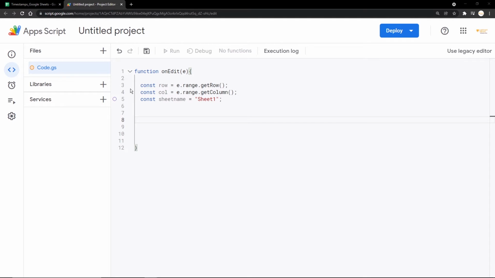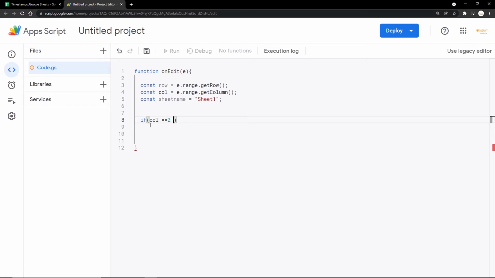So now I'm going to be opening an if statement. As we discussed previously, we want to add timestamps to our Google Sheet when the quantity column is changed. To do that, we're going to be using the if condition where we'll be passing the conditions that we need. The timestamp will only be added when all the conditions in the if statement are met. So the first condition that I'm going to be passing is checking if the column is equal to 2, which we get from e.range.getColumn.